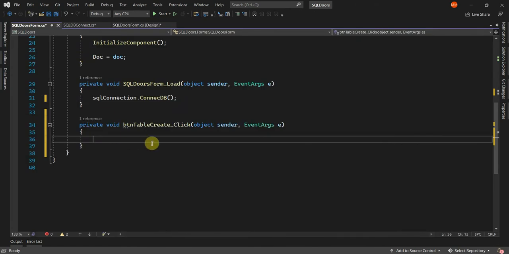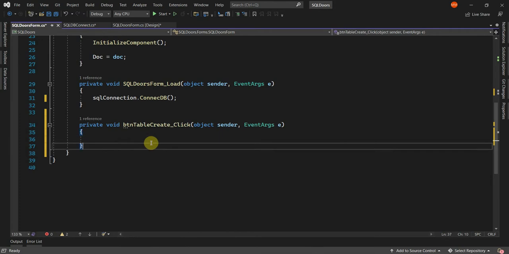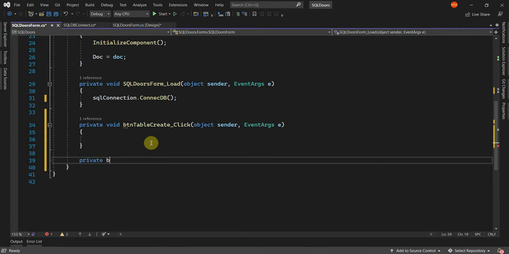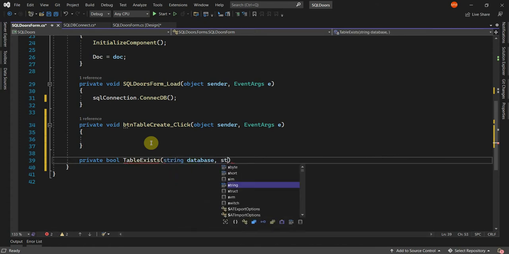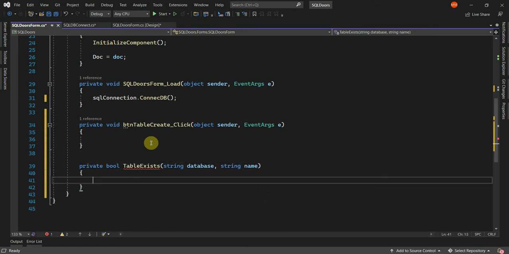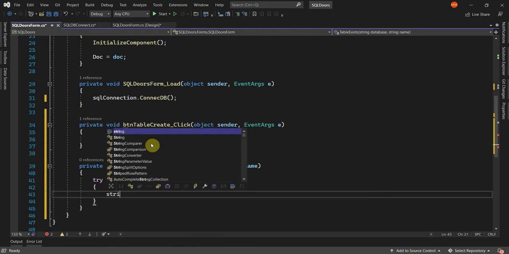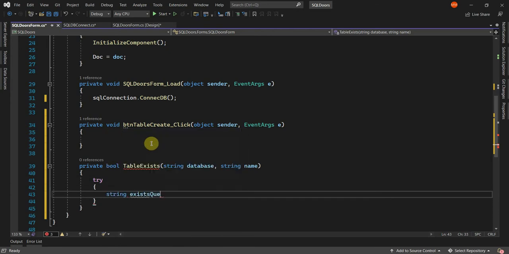method. Now before creating the table, we want to first check if the table we want to create exists. I'll create a function named TableExists, which requires a database name and table value as string parameters and returns a Boolean value. I'll start by declaring a query which I'll wrap in a try-catch statement named exists query,